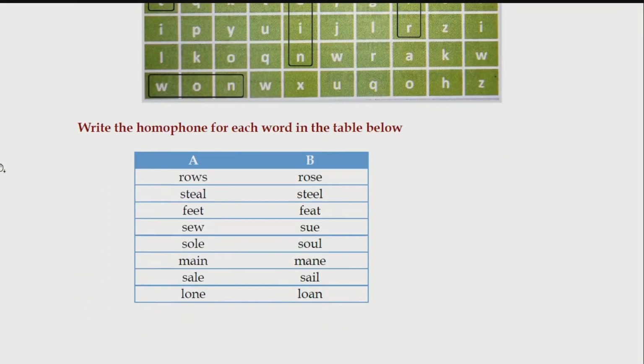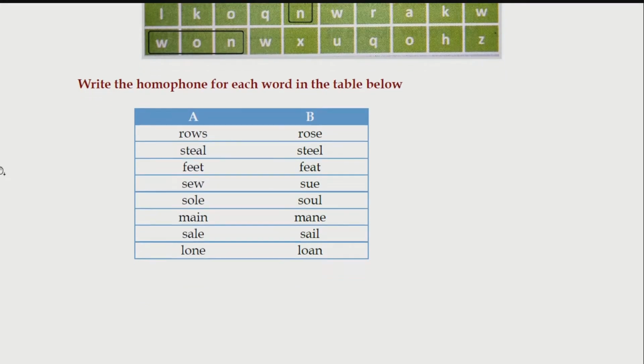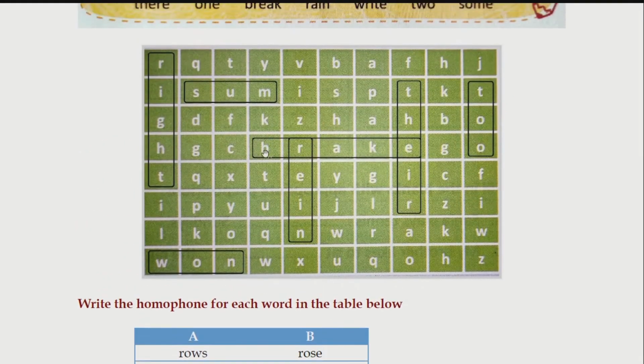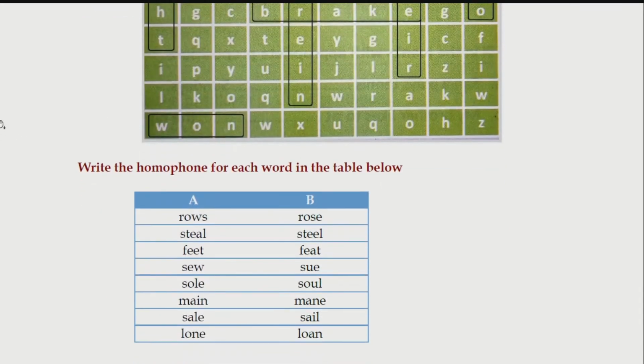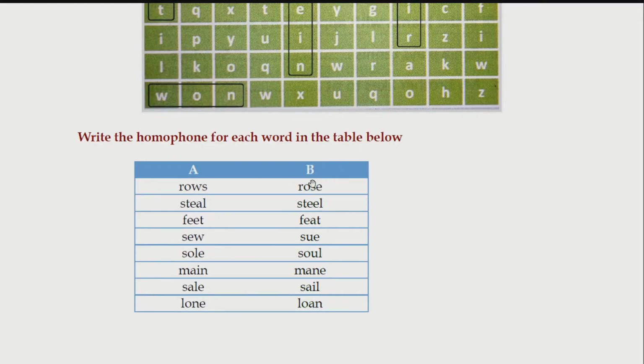Moving on to the last exercise. Write the homophone for each word in the table below. This is similar to this exercise, but there is one difference. Over here you have the words, but you have to find the words. And over here in this column you actually do not have any words. You should know what is the homophone for all these words. So the first one,